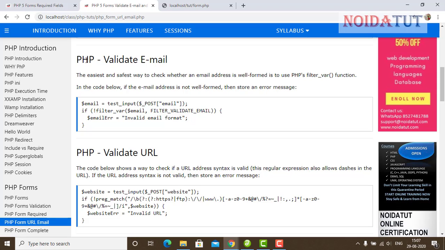Similarly, we are going to add validation to the email address. In the email address, we are going to check whether it is the correct email address or not. The easiest and safest way to check whether an email address is well formed is to use PHP's filter_var function. This function checks the correct form of an email address.